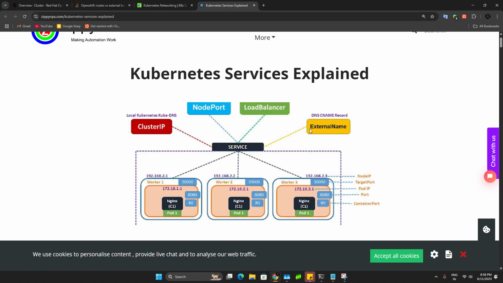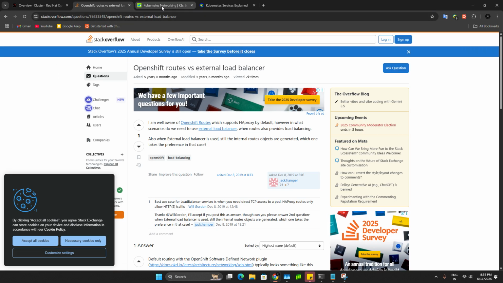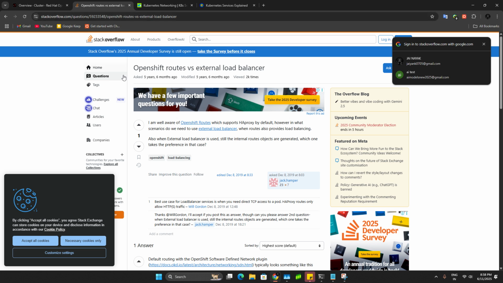And in OpenShift there is one more concept, routes, right? So what is a route? OpenShift route is simple. It will do the load balancer job only. But if it's doing the load balancer job, what is the work of the load balancer in OpenShift? We will get this question. I also got the question, and I got this article. There is some logic there, and I can accept this too.